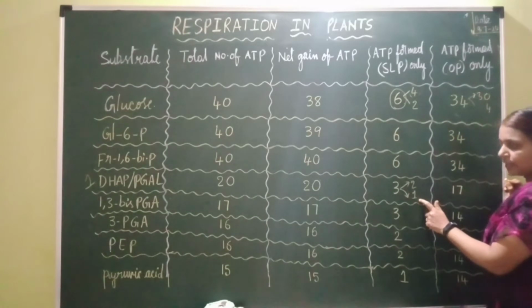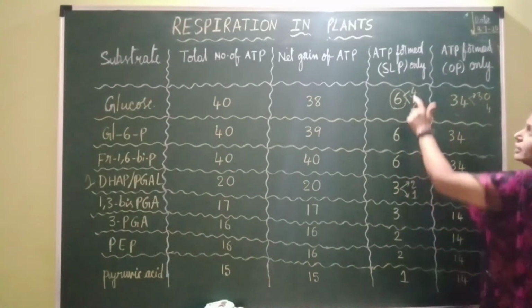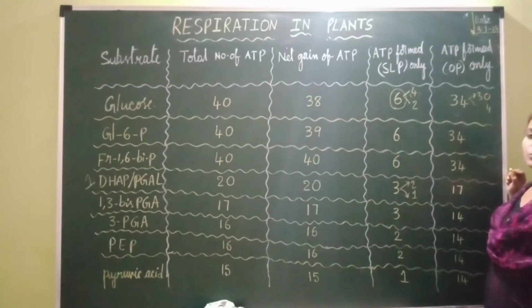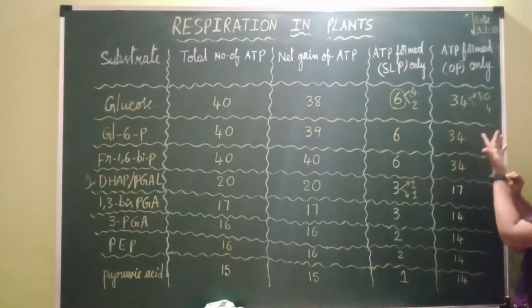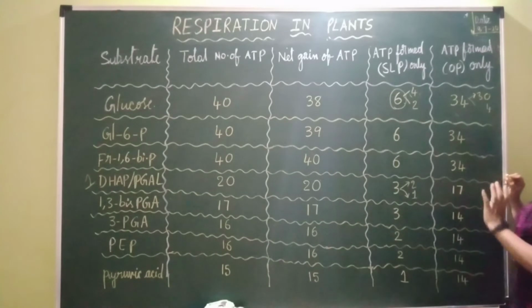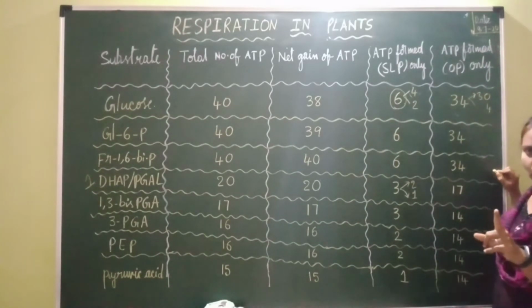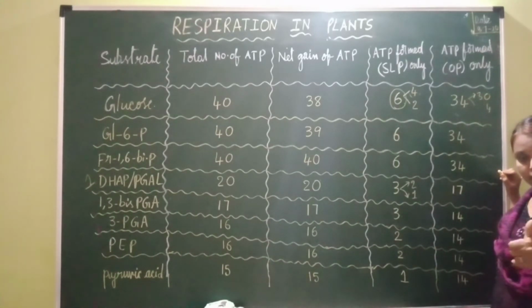So the total number of ATP formed through SLP only, substrate level phosphorylation only, that is direct formation of ATP, is 3. Whereas in the case of oxidative phosphorylation, here also we have to calculate for only one molecule. That means one cycle of glycolysis, which gives only one NADH2. One cycle of link reaction, 1 NADH2. One cycle of Krebs cycle, 3 NADH2s. So totally 5 NADH2s. 1 NADH2 is equal to 3 ATP. So 5 into 3 ATP, how many ATPs? 15 ATPs.